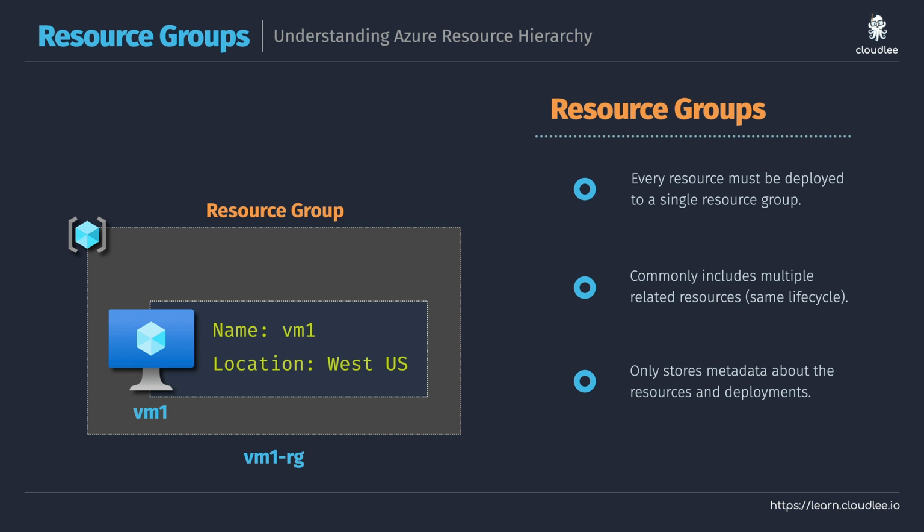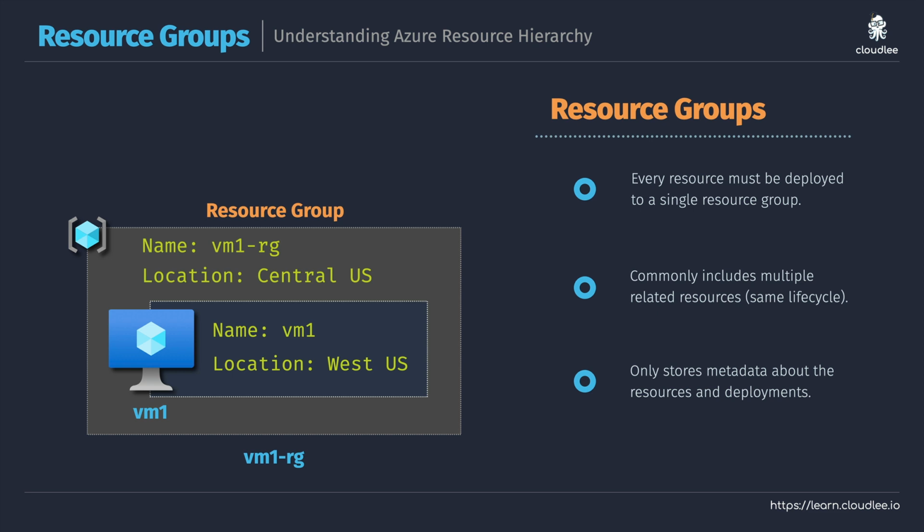Also, just bear in mind that yes, that resource group has a name, and it also actually has a location as well. That location is just going to determine where that basic metadata is stored. But you'll see here, it doesn't actually influence the location of the resources within the resource group itself. So I could have this virtual machine, VM1, based in the West US region, and I could have the actual resource group itself stored within Central US.